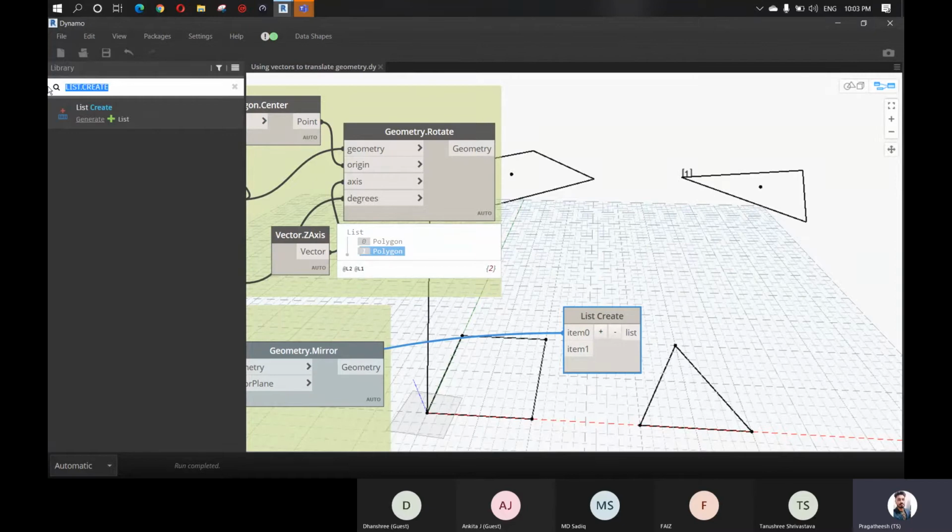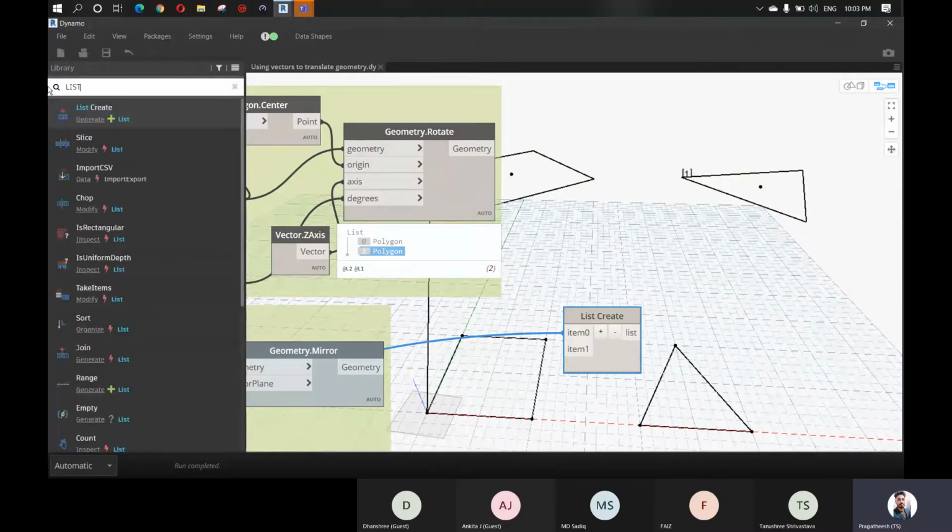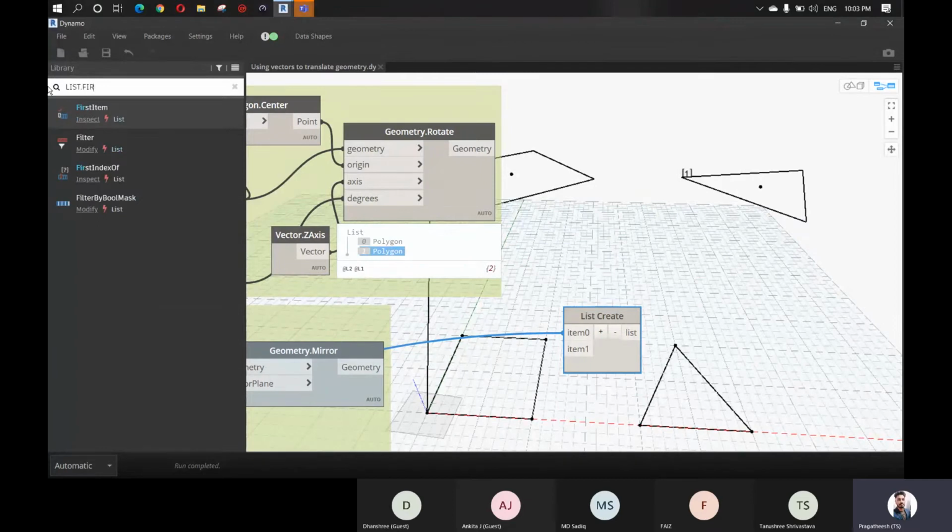So for that, we can use the node called list.firstItem, which we covered in the last class with the help of some Excel sheet, right? We just saw how to extract the first item from a list, extract the rest of the items, extract the last item, or extract a particular item at a particular index.